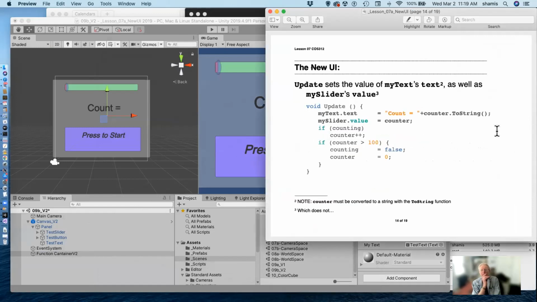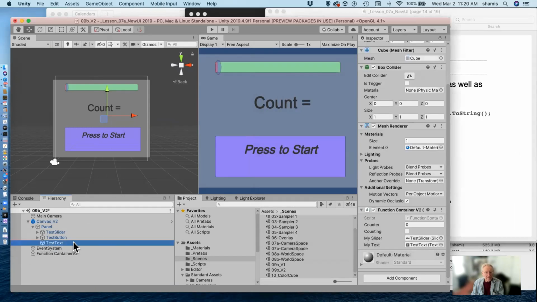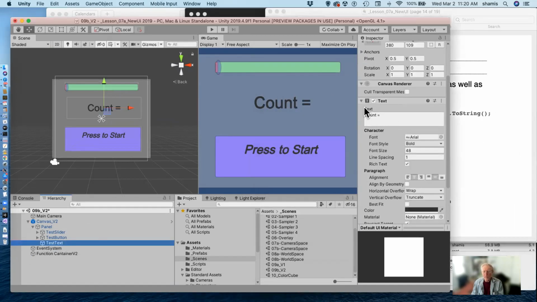So what's the rest of this do? Well, here's the update function. The update function happens every frame of the game. Every time the game finishes rendering a scene and is ready to display it to the screen, which happens at least 60 times a second. That's our frame rate. What this is going to do is set the text of the my text object, the script. That's basically this box right here,